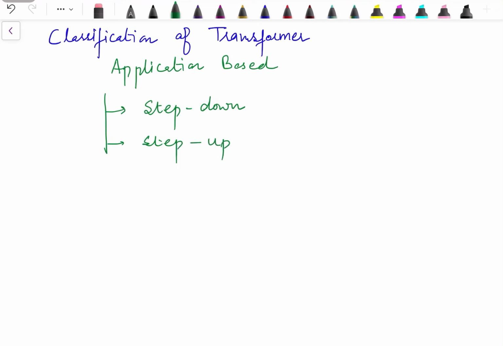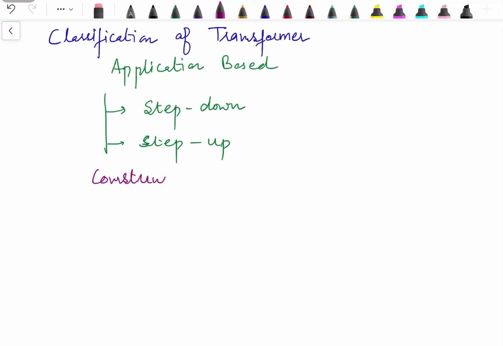A step down transformer is one which lowers the voltage, and a step up transformer is one which increases the level of voltage. Now the same transformer can be used as step up or step down based on which side we are giving the supply. And based on construction,